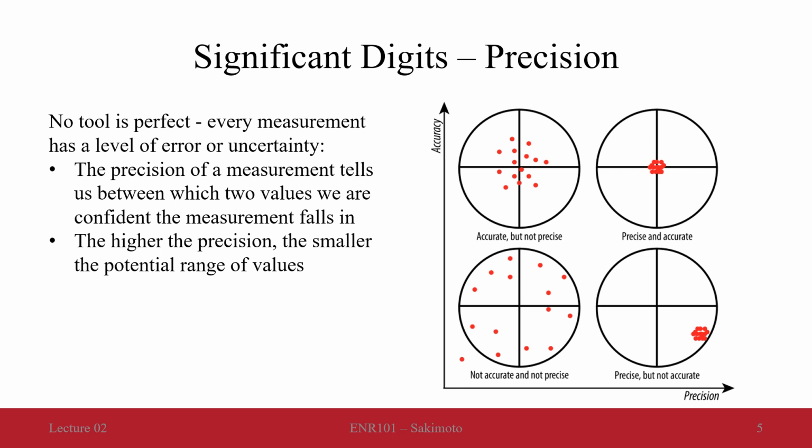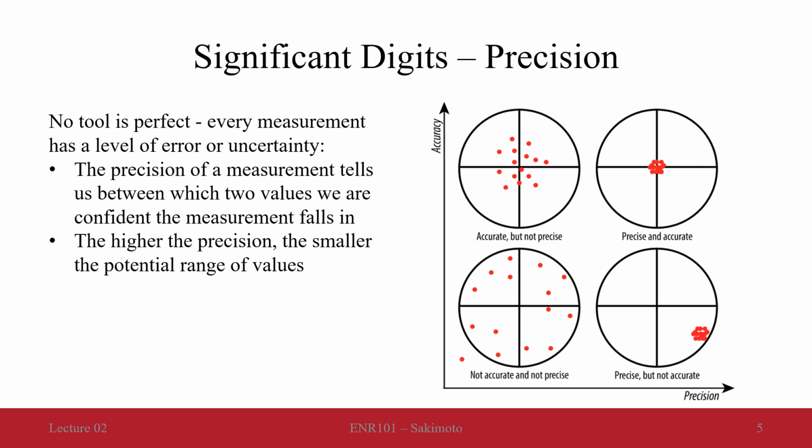We see that the top two graphs, which are very accurate, are all centered at the center of this target, at the center of this bullseye, compared to the two on the bottom, which are much more spread out. We can have measurements that are precise but not accurate, as we see in the bottom right, in which they're